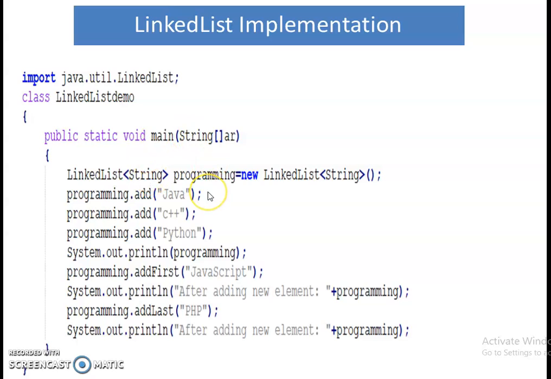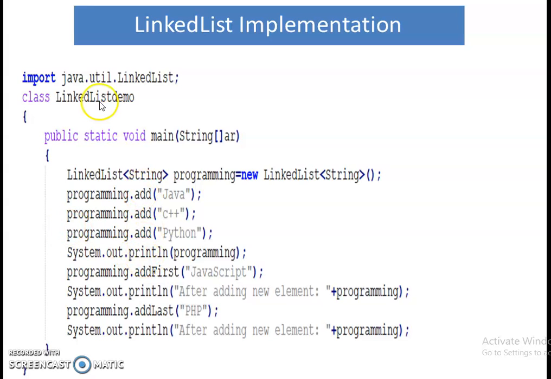If it is going to hold character type of value, we need to specify Character. For each data type we need to write the corresponding wrapper class of the data type. In this case we are going to hold String type of elements, so that's why we are using String, right?